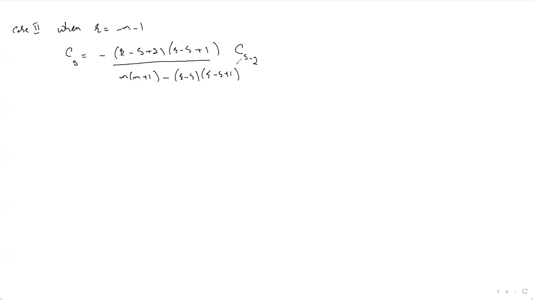Now in the first case I had given r as m. Now I will just substitute r equal to minus m minus 1. So when r is equal to this, what will be the recurrence relation? Now cs will be equal to minus of r, that is minus m minus 1 minus s plus 2. I will substitute first, and then solve it further, otherwise some confusion remains. So similarly, minus m minus 1 minus s plus 1, okay, divided by